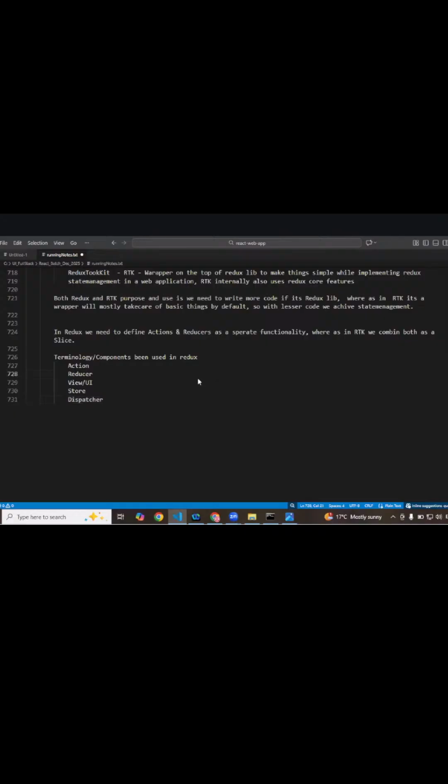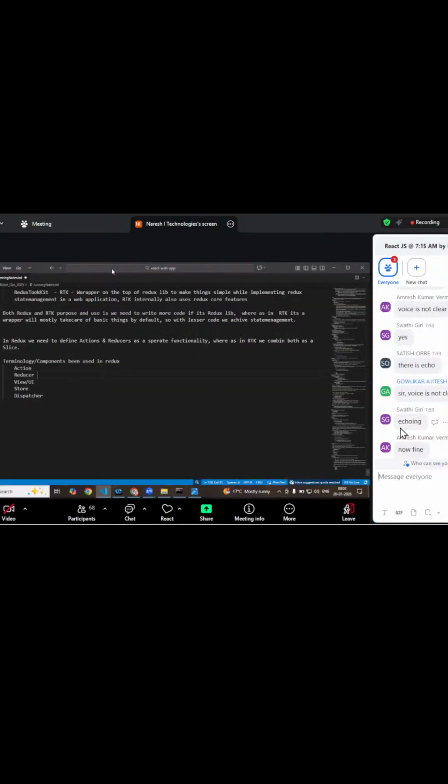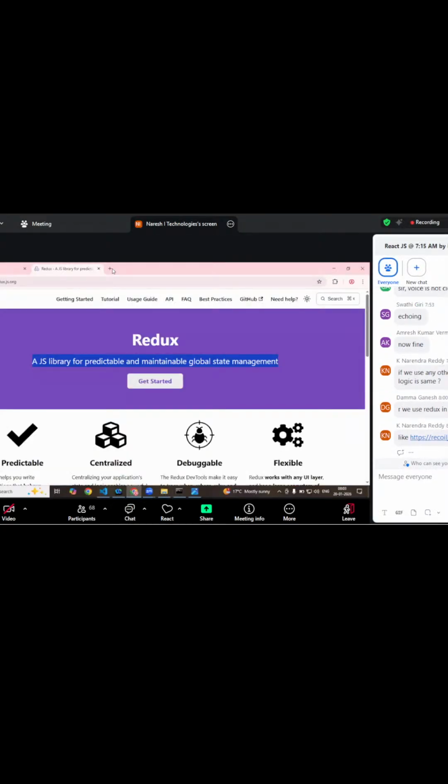Now I have some questions. Narendra, if we use any other third party, the logic is going to be the same. Yes, that is going to be the same, Narendra. As I said, when you go into state management libraries,